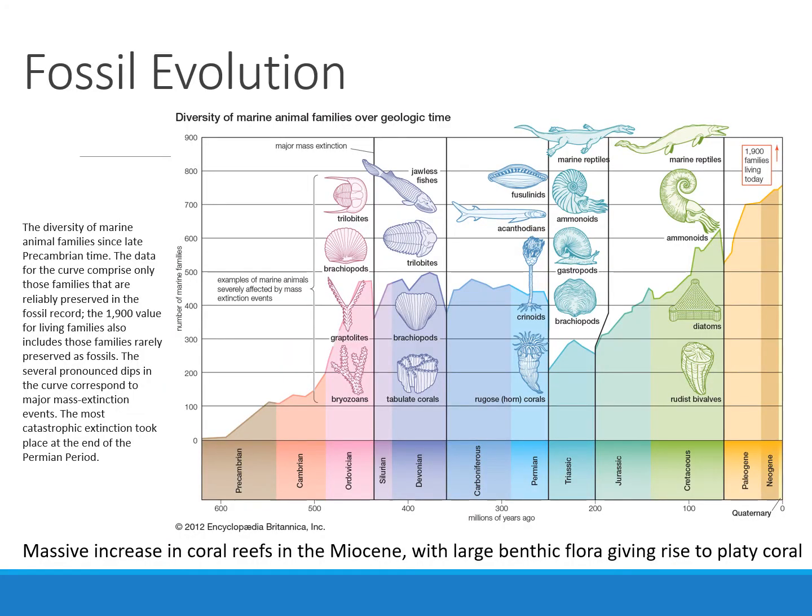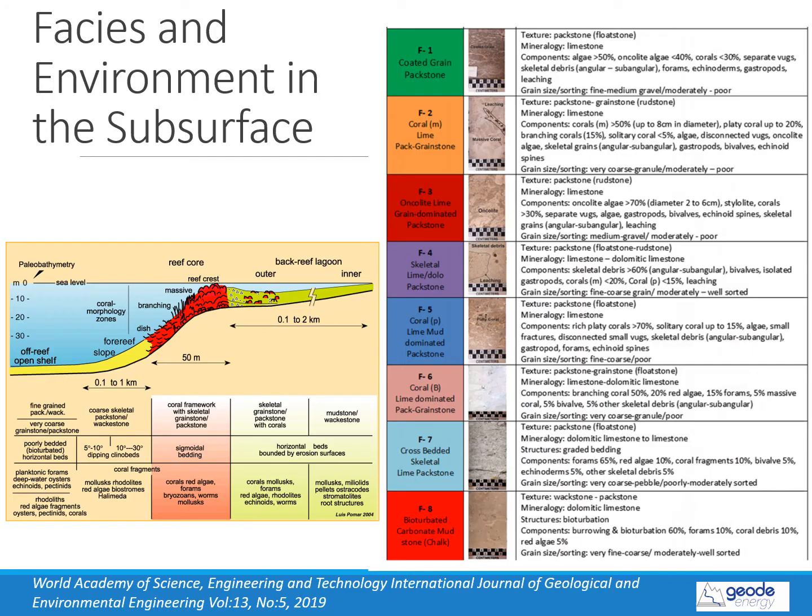The facies of the carbonates is related to the evolution of the fossils, and during the Miocene there was a massive increase in coral reef growth, with large benthic flora giving rise to platy corals. The Luconia carbonate facies can be divided into 8 facies based on core, with F1 being coated grain packstone, floatstone,